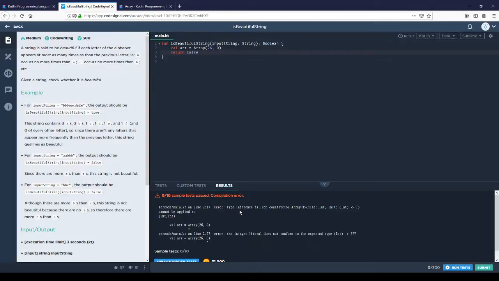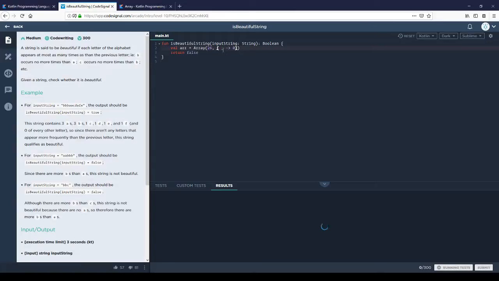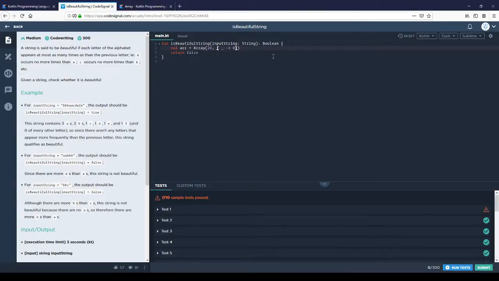I hope it's compiling, but it's not. Yeah, we need a lambda at least. And index to, well, we're not using it anyway, so let's use it 0. I think this is working, right? Don't tell me that this is not the right syntax to do that. Okay, it is. So for